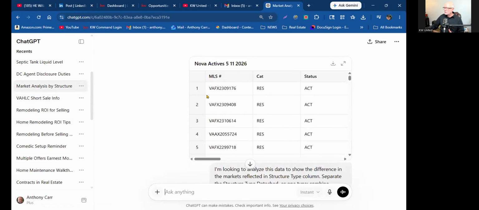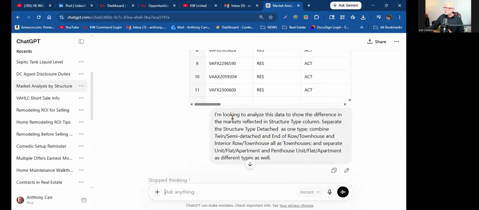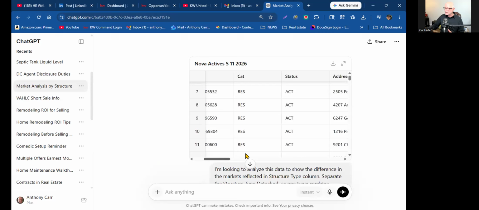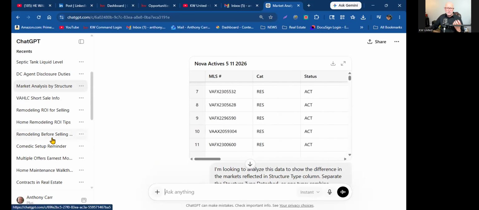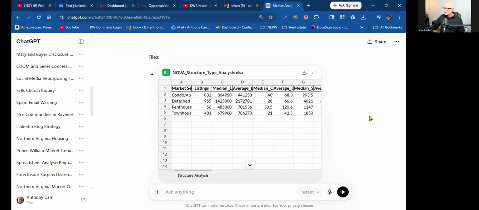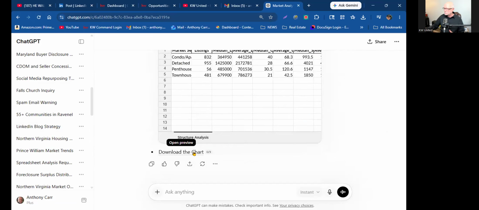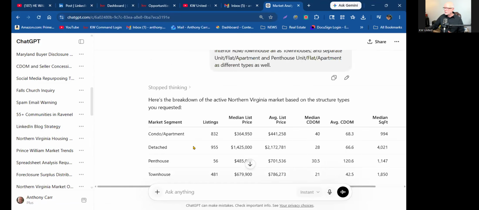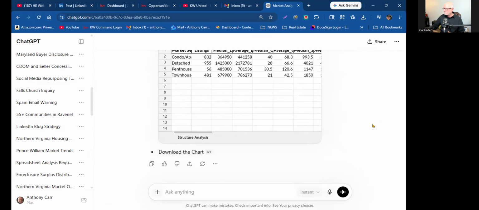This one, I gave it, I'm looking to analyze this data to show the difference in the markets reflected in the structure type column. Separate the structure type detached as one type, combine the twin, semi-detached and end of row town. You see how much information I'm giving it? Because if I just say, take this and analyze it, I'm not giving it enough instruction. So what I ultimately got out of that, I said, okay, it did this chart for me. And then, let's just say this. Great. Give me an image of this information for an